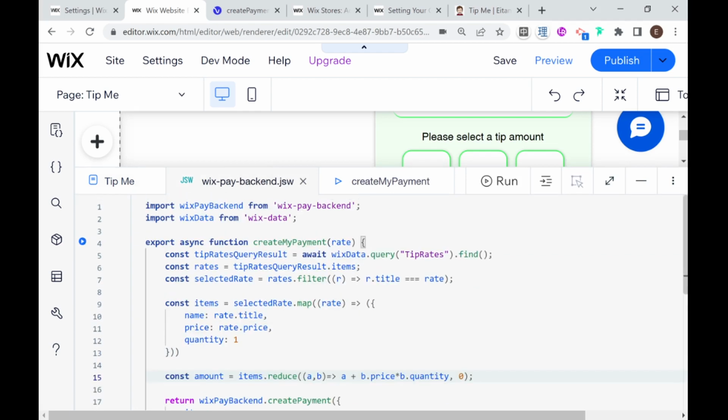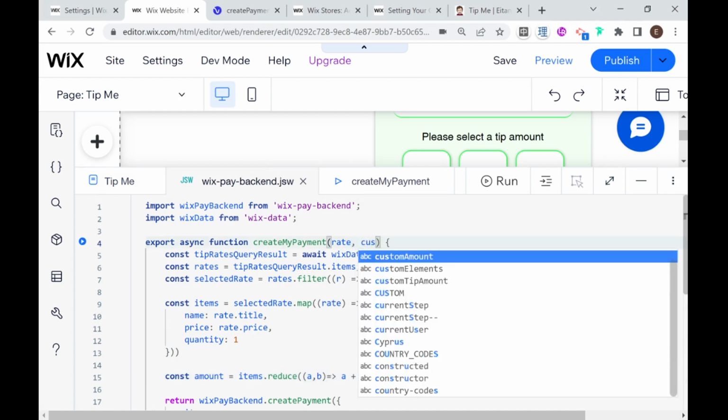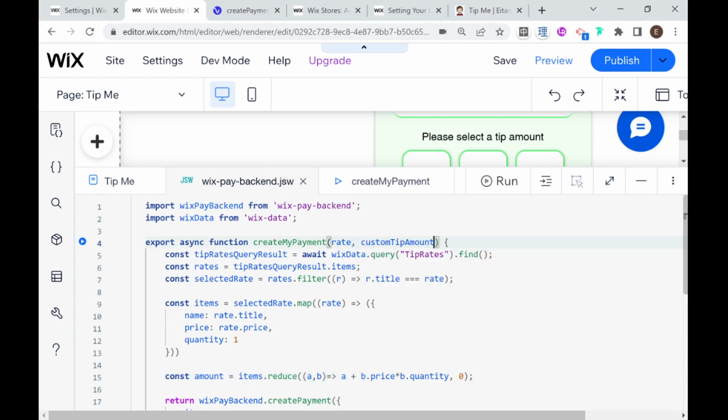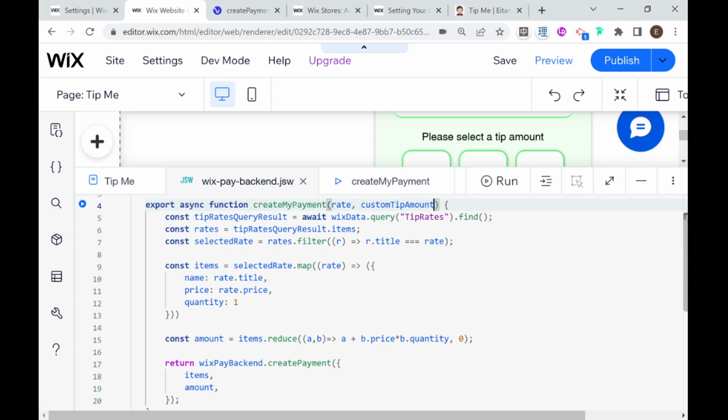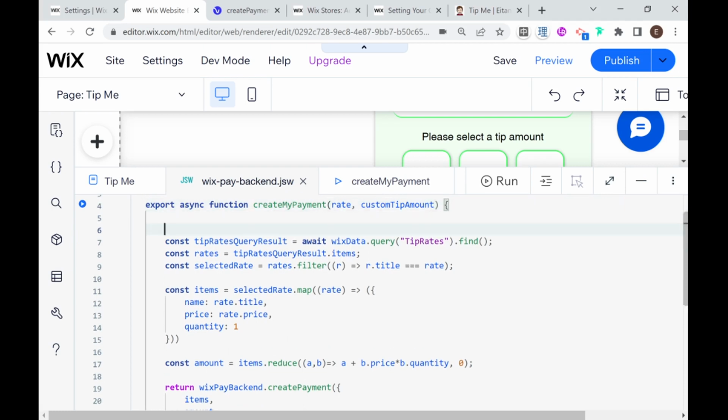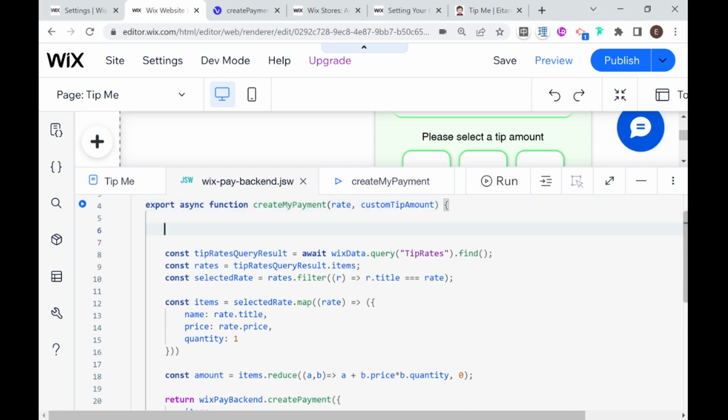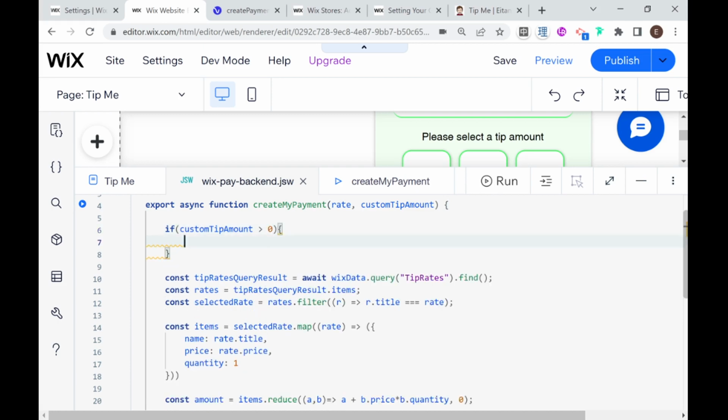go to the back end, and here we're also going to receive a custom tip amount, which could be undefined. So if the person doesn't decide to put any custom amount, then it'll start off undefined. It might be 0. So I'm going to say that if this custom tip amount is bigger than 0, then what we're going to do, I'm going to say here all the way on the top, if custom tip amount is bigger than 0, then